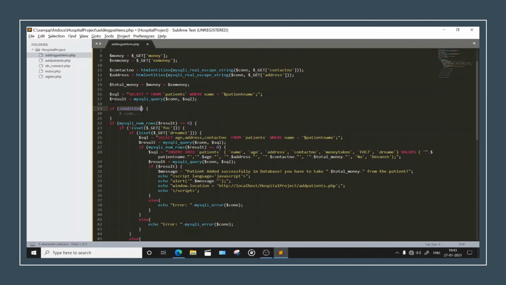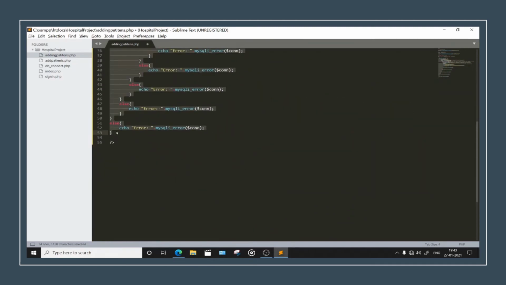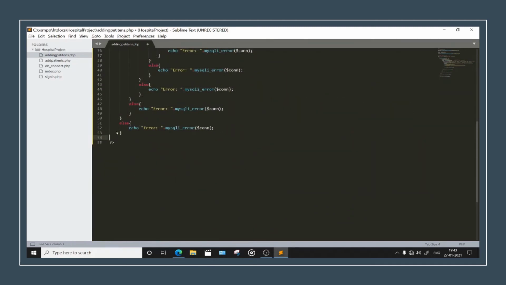If dollar result, and then this thing will continue by itself till here. Indent, put one bracket here. Else echo the same thing. Error dot mysqli underscore error dollar con.